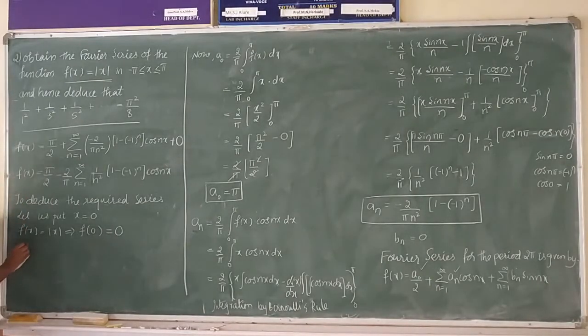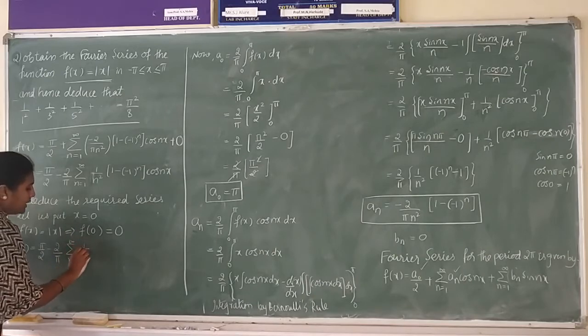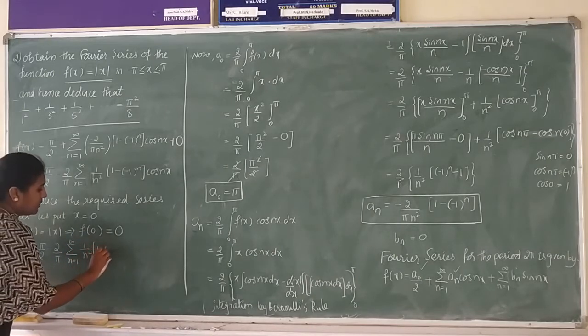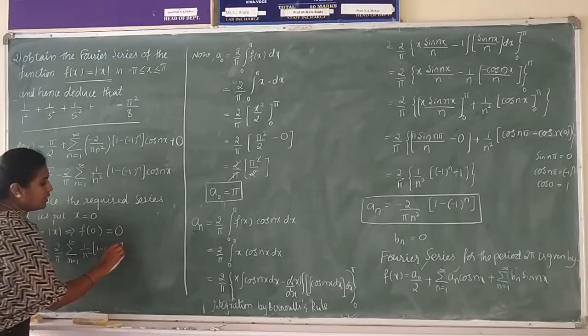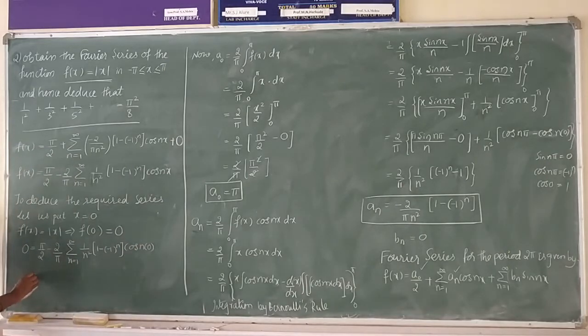That is, 0 is equal to pi by 2 minus 2 by pi summation n equals 1 to infinity 1 by n square, 1 minus of minus 1 raised to n, cos n into 0. Now I am just transferring this pi by 2 to the LHS. This becomes minus pi by 2. Here we are left with minus 2 by pi